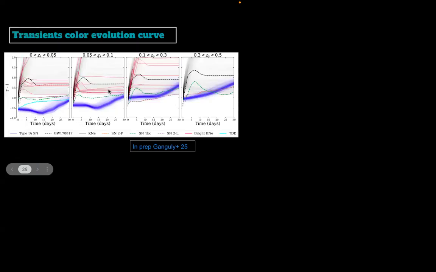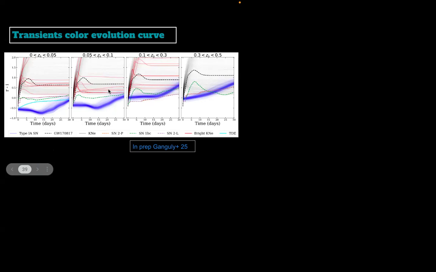So now there's another thing, how to classify these different transients. If you just observe them in the sky, what will be some quick way to classify these transients? So what we have done here is these are the 4 different redshift bins. For the time being, you just focus on the gray light curve and the blue light curve.